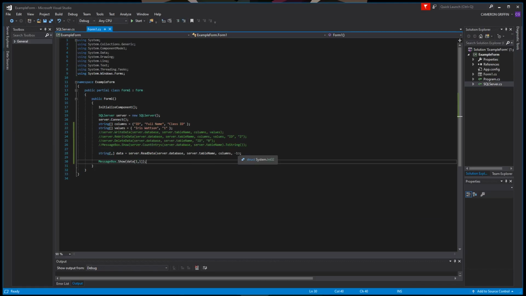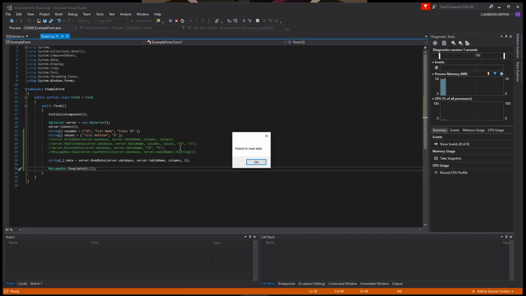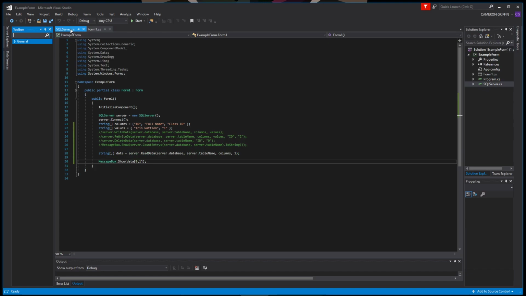So let's read from the index of 1. And this should work. So if we do 0 now, because there's only going to be 1 column in this data array, and then let's do 0, 1, and we should get Iris Watson, I'm pretty sure. No, failed to read data, which means it couldn't read the value that was there. So if we look back,